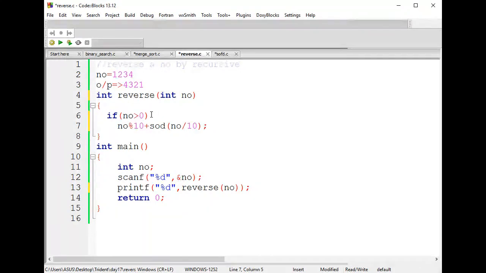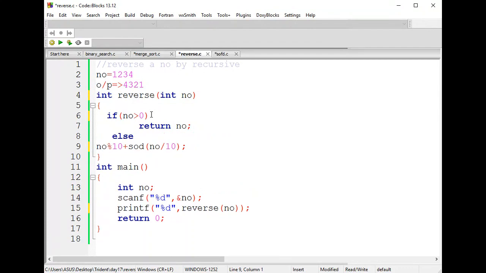Just a minute. Let it be greater than 9 instead of modifying this condition also. A small condition has to be modified here.